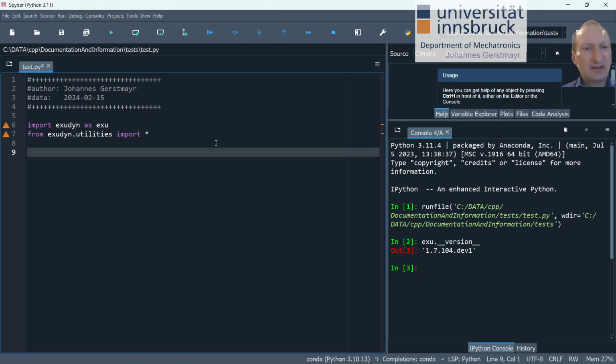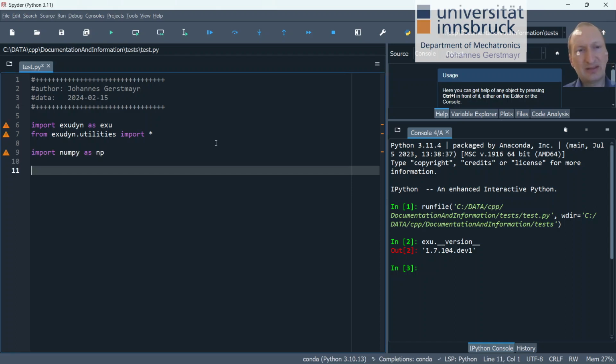Now in order to get started, we also import NumPy. Usually with Exudyn, some packages are required. So NumPy is always required, but some packages require SciPy. Some sub packages require, of course, matplotlib for plotting. We need PyTorch for machine learning. So many packages will just show up as soon as they are needed, or mpi4py, for example,